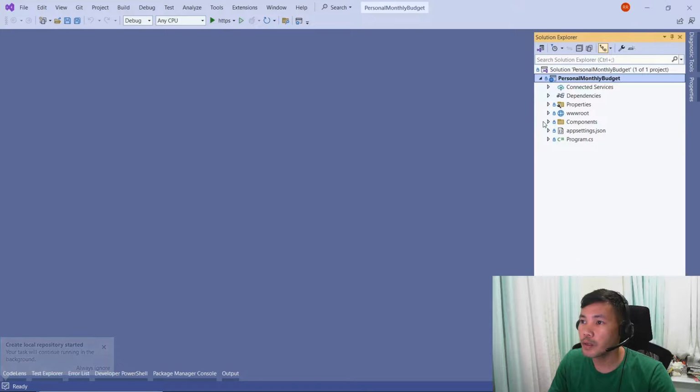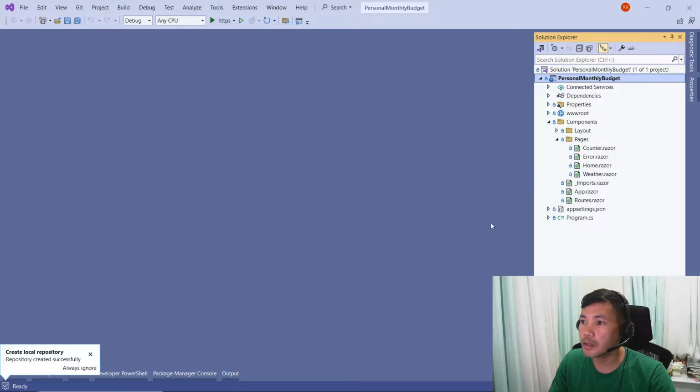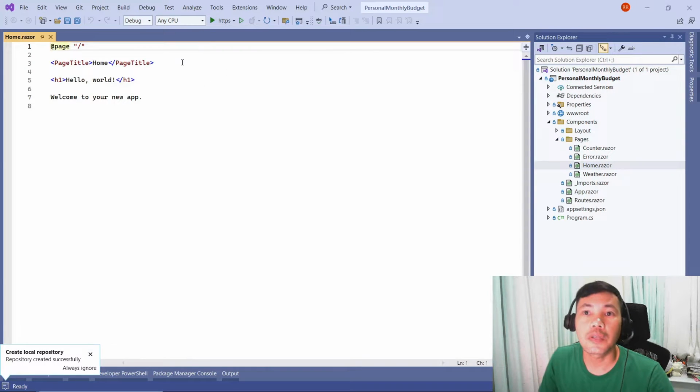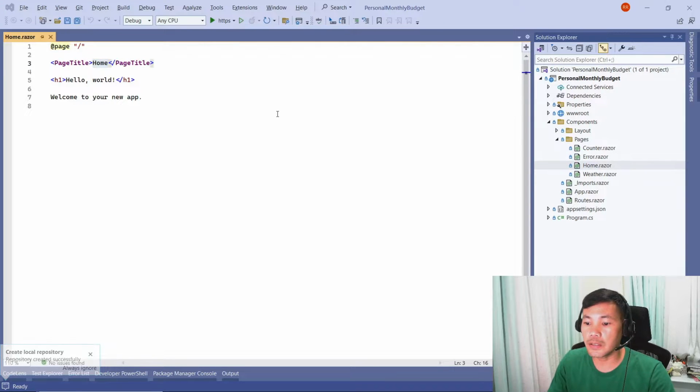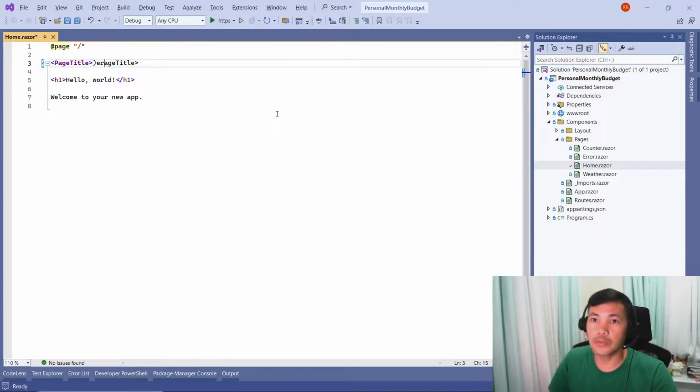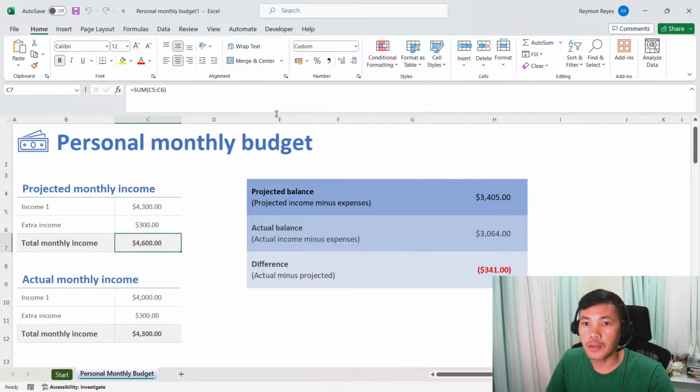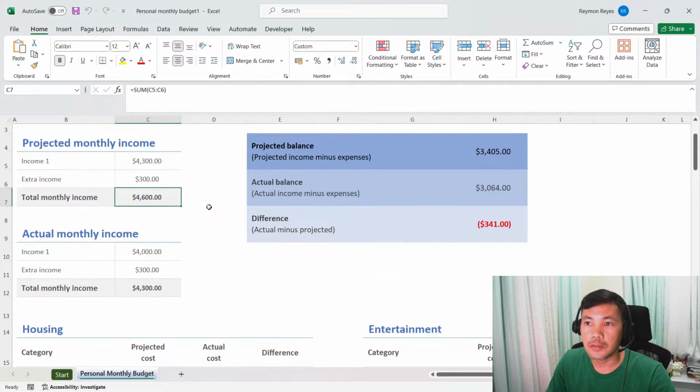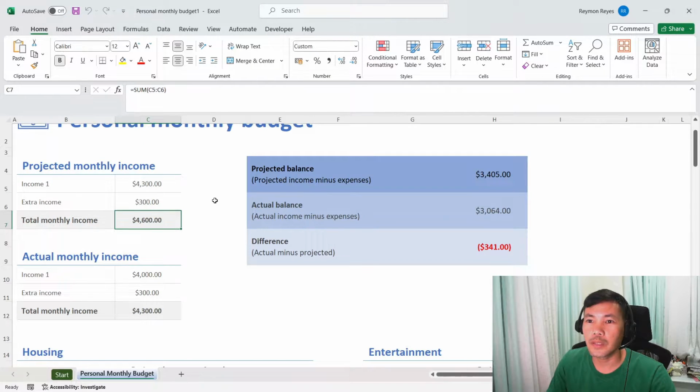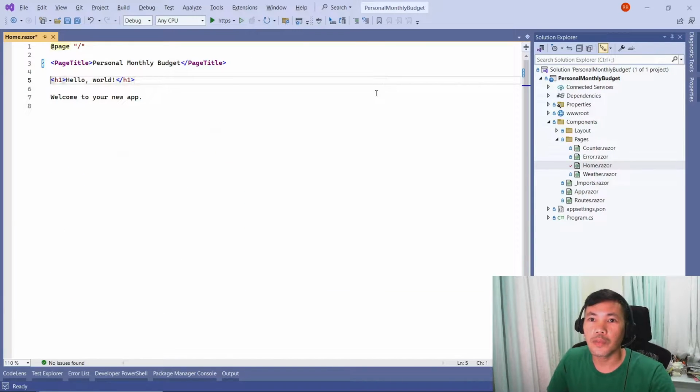Okay, let's head on to our components and then our home page. Let's set this first as personal monthly budget. And here let's add some placeholders. Okay, let's try adding some placeholders. Let's remove this and